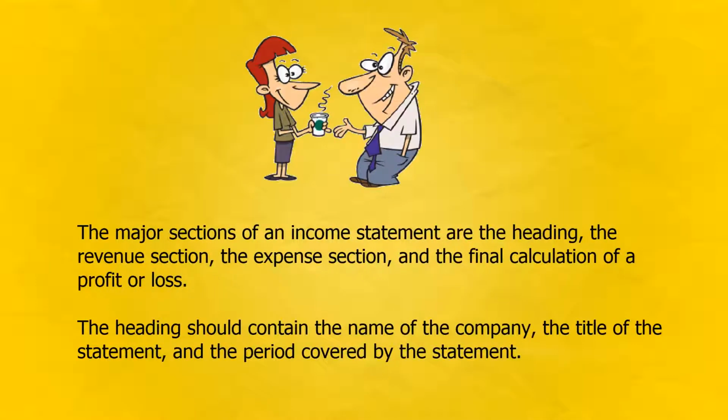The major sections of an income statement are the heading, the revenue section, the expense section, and the final calculation of a profit or loss. The heading should contain the name of the company, the title of the statement, and the period covered by the